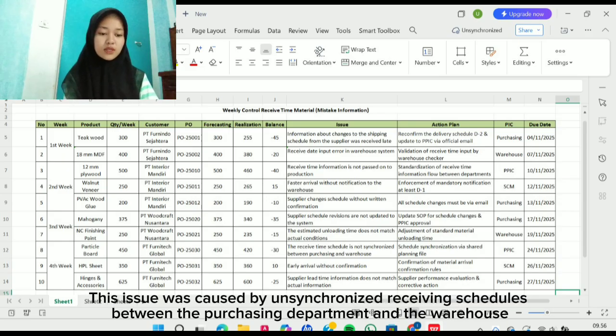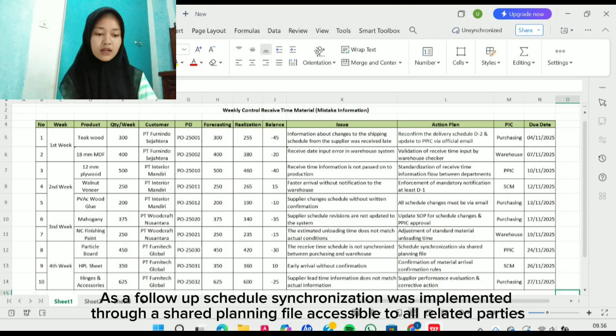This issue was caused by an uncertain schedule between the purchasing department and the warehouse. As a follow-up, schedule simulation was implemented as a planning tool accessible to all relevant parties.